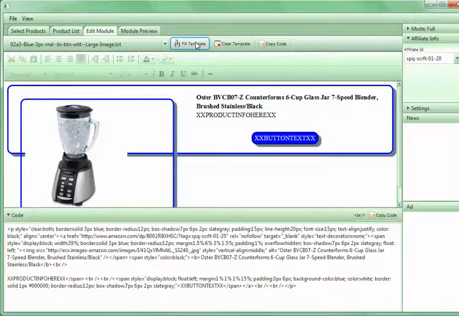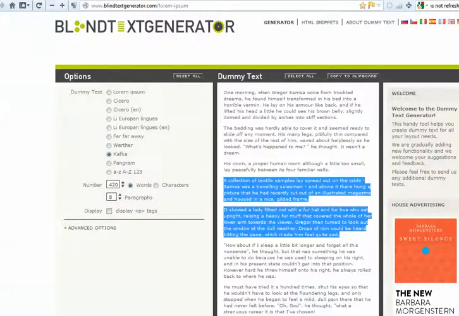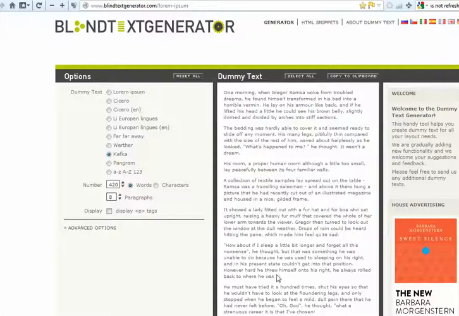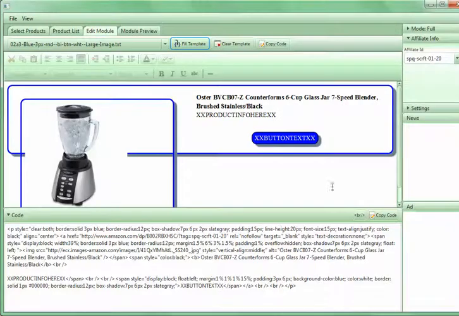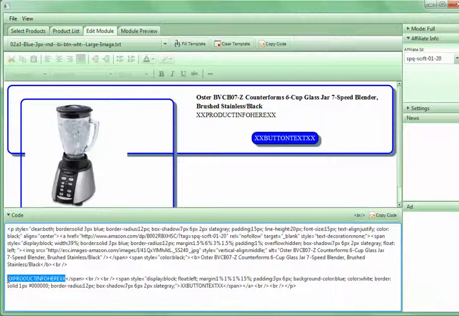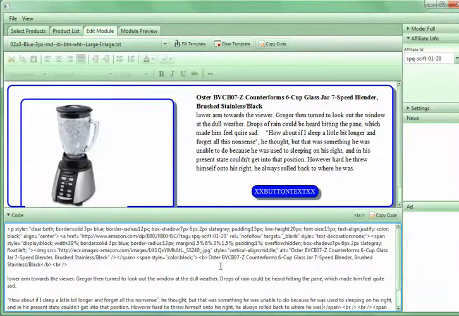So there we go. Now this part, let's get some dummy text. Now let's grab a different section though. Control copy. Oh, SquidCrafter. Product info here. Control V. Okay, and let's